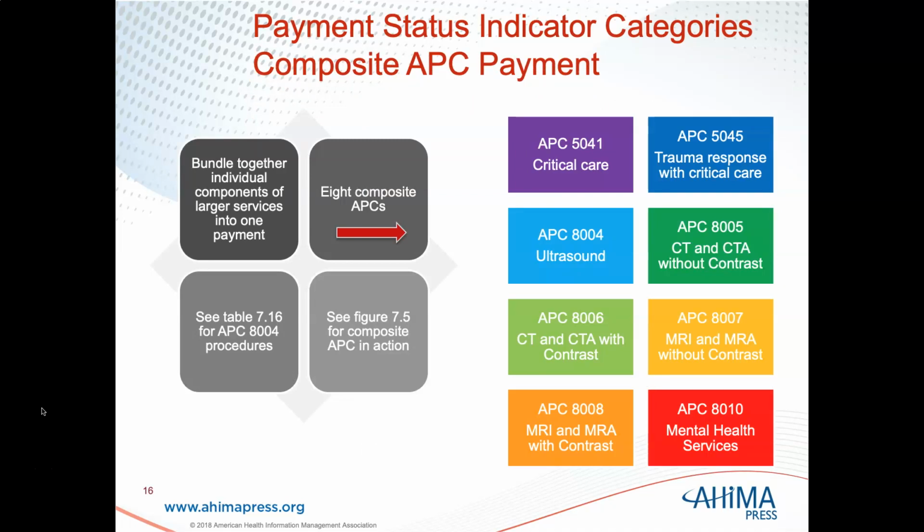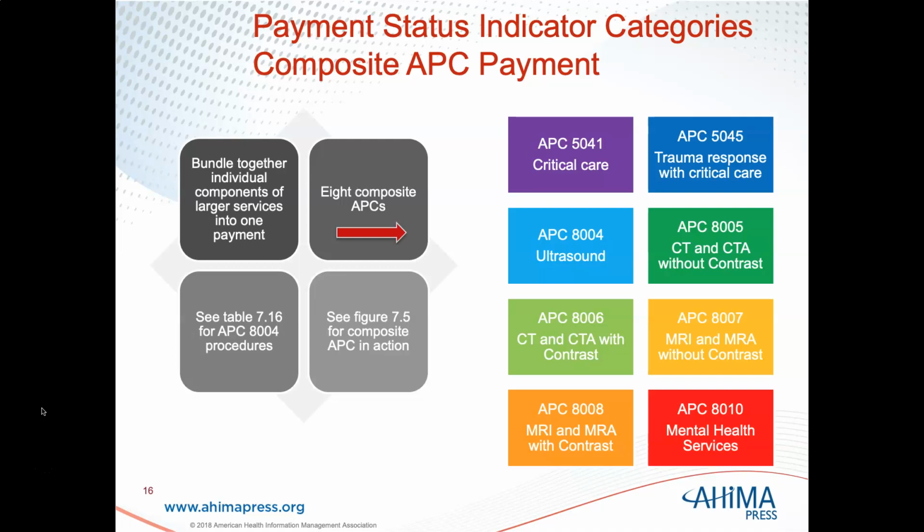Payment status indicator categories, composite APC state payment. This is really talking about when things are bundled together, the individual components of larger services into one payment. This covers 8 composite APCs, so whenever it falls into these APCs, it may be here for composite payment. It refers you back to table